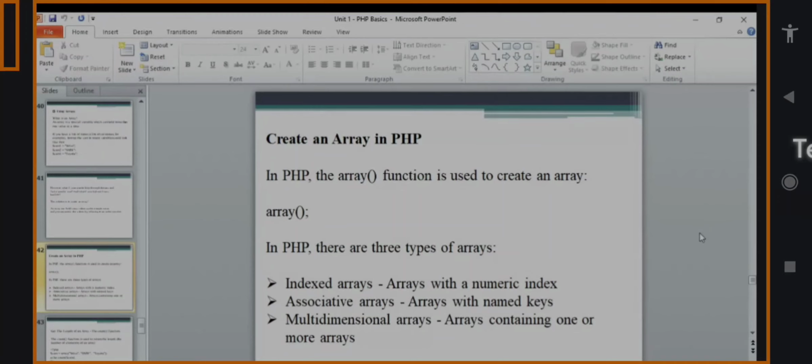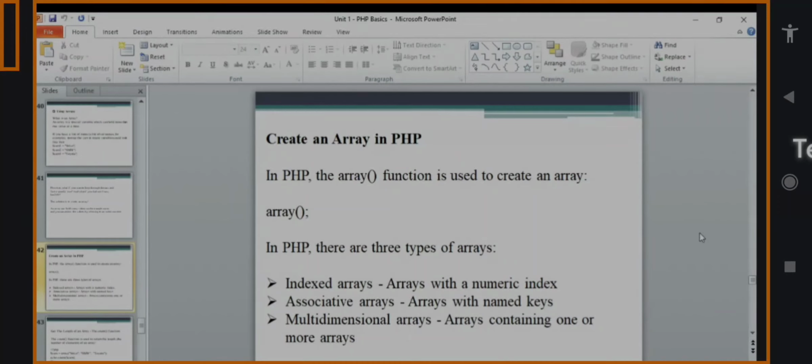Just like we already discussed for the different mathematical functions, we are just passing the particular function. Same for the array, we just use the array function to create the array.